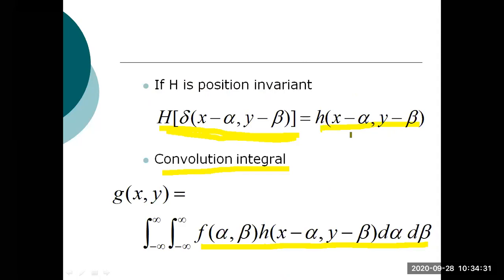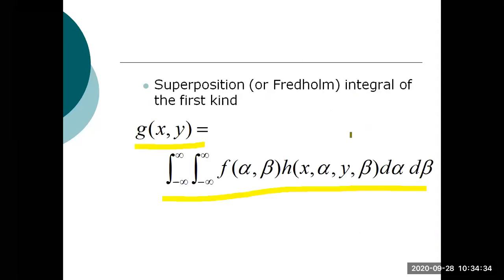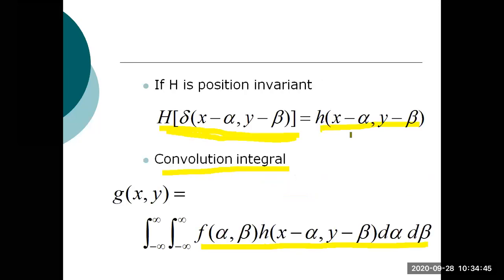So is it over? Just first write our expression. This is the normal expression, also called a superposition integral. First derived, and in this replace the small h with the position invariant function. If you replace that, automatically the function will be modified as a convolution integral. Convolution of two functions, two-dimensional functions, not single dimension.